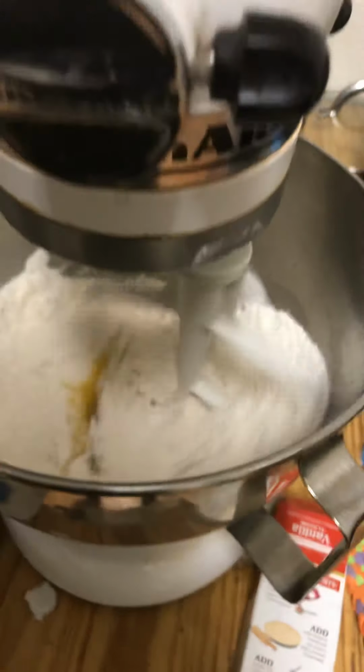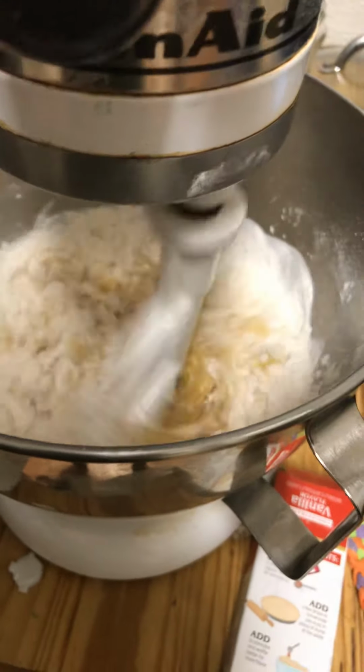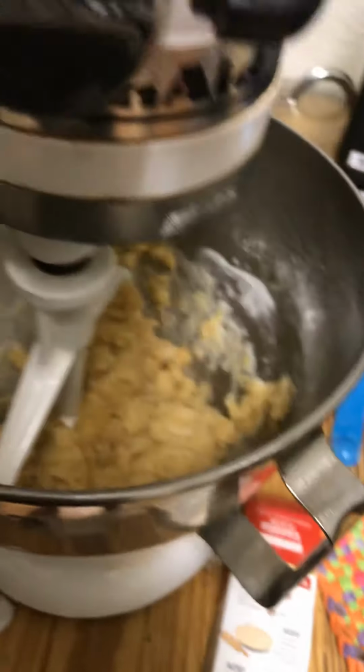So then you're gonna turn this on and you're gonna mix it. You wanna start off slow and go faster. And then once you can't really see white like that, you're gonna take